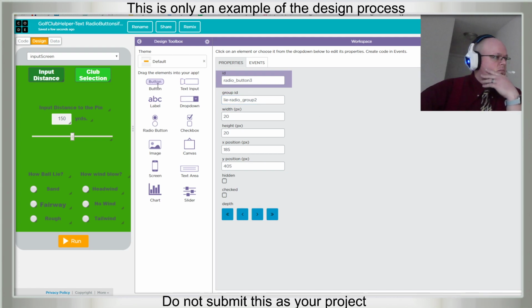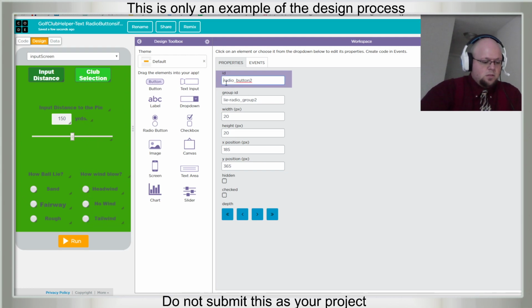And we're just going to essentially duplicate, what do we call these? This is called radio button headwind radio button. I know that's super long, but we're not going to reuse it a bunch of times.